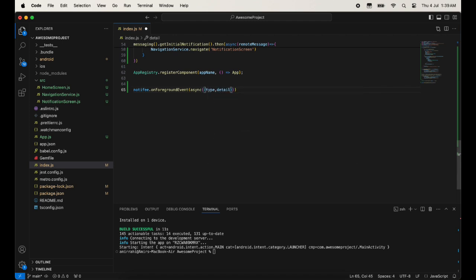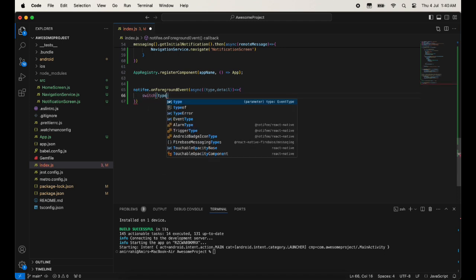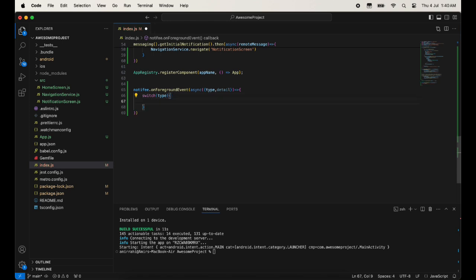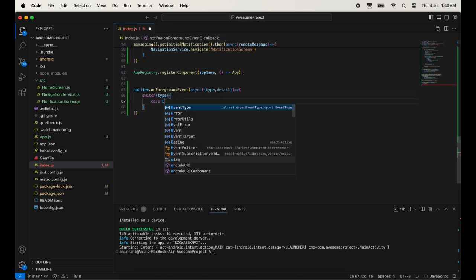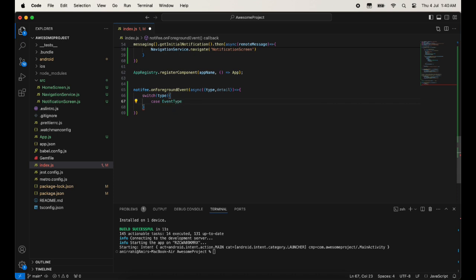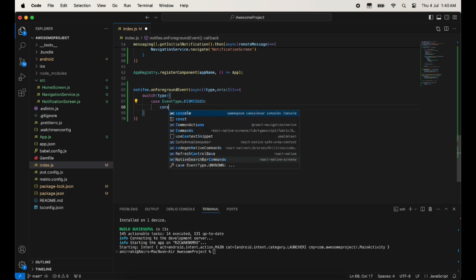So just pass type and detail here on foreground event and then with the help of type we will get which type of notification. Okay, so the notification switch, and with the help of this type just write first case. So just write event type dot dismissed. Okay, so event type provide dismiss phrase this type of actions,